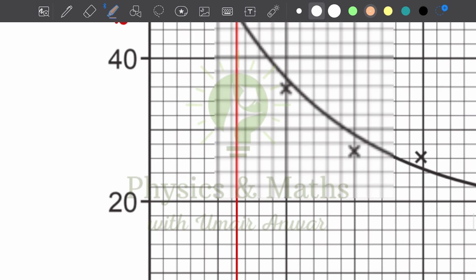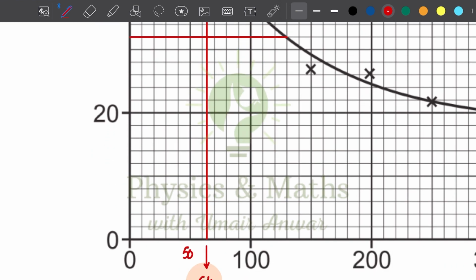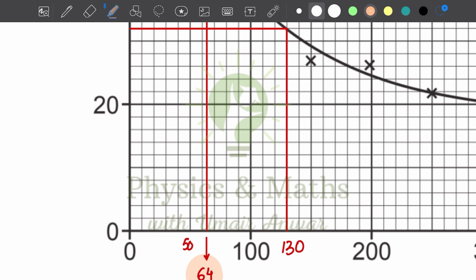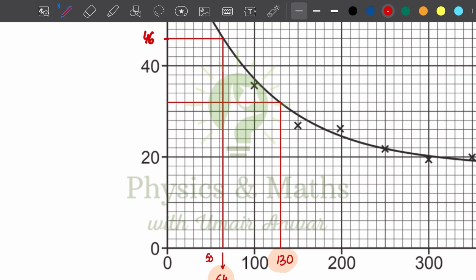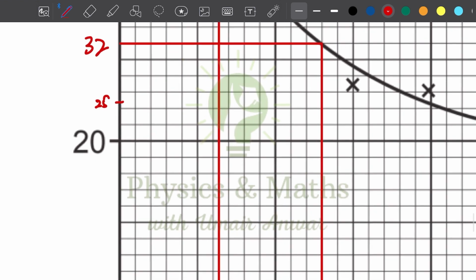The next point is 32, and 32 is being shown by this box. So I make a horizontal line here, and then when I match this line with the horizontal axis, the value we get is exactly 130 hours. Okay, so the next point, after 46 and 32, is 25, and 25 is in the mid of 20 and 30, so it is here. So when I match this point with the curve,